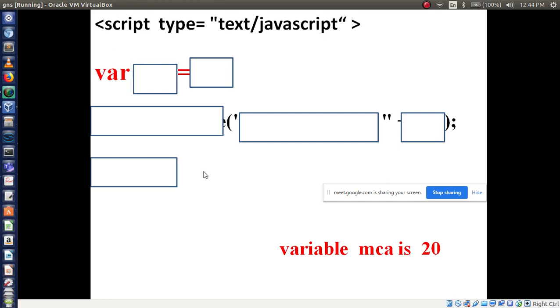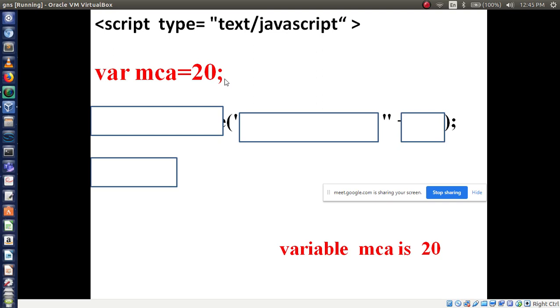Is it clear, everyone? var followed by the variable name, MCA. Now what value am I printing? 20. To print 20, first I have to store this value in this variable, so I write 20 semicolon. In JavaScript you may give a semicolon or not; by default the browser will take it.